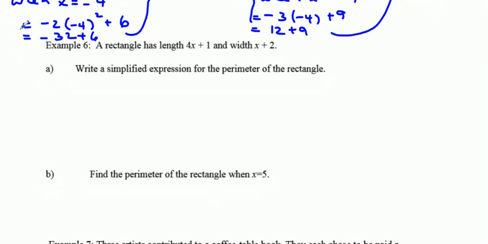All right, a rectangle has length 4x plus 1 and width x plus 2. I know it's strange that we're using expressions for length and width instead of just numbers, but we can do that. So now we're going to write a simplified expression for the perimeter of the rectangle. Well, we know the formula for perimeter, and I expect you to know this because this is prior knowledge from grade 7 and 8. So the perimeter of a rectangle is P equals 2L plus 2W. I'm going to ask you to write that down. And the perimeter then is going to be 2 times the length, which is,